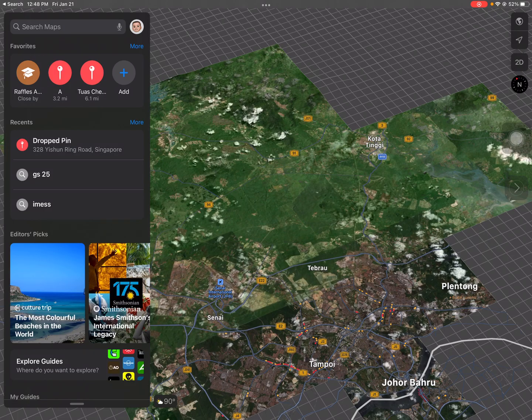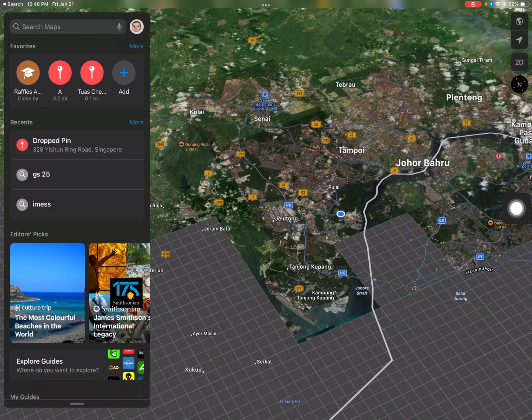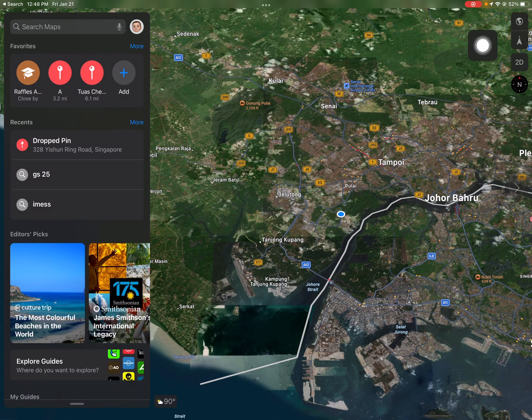And right up here is your avenue to open up your compass. If you don't see the compass right here, if you simply click here a few times, it'll end up popping up down there. So again, it's this arrow right here. We'll open up this, and as I move around the room,